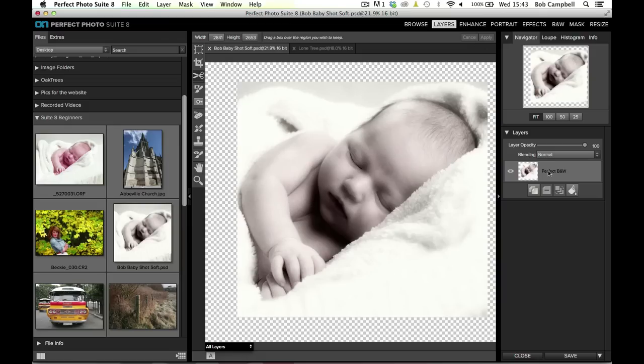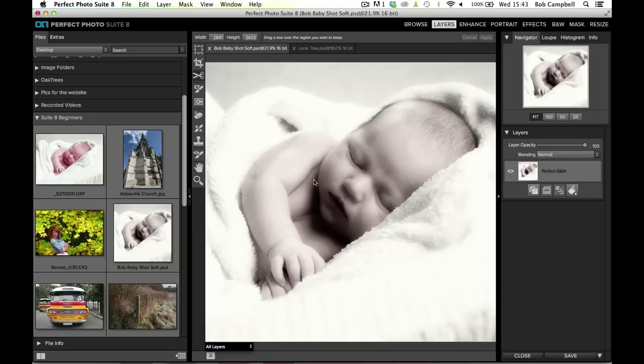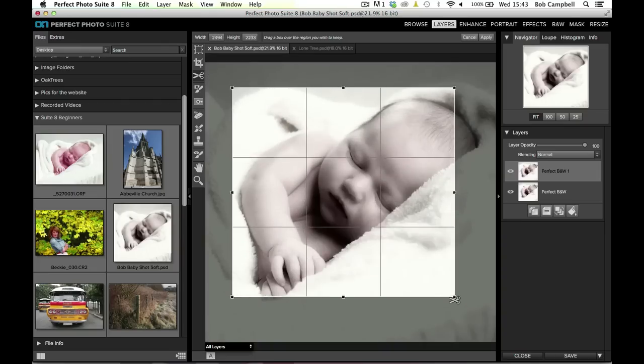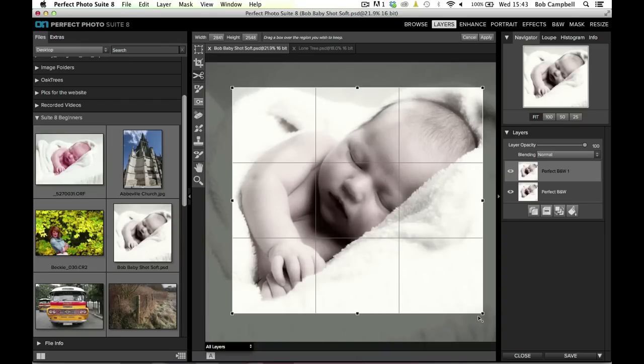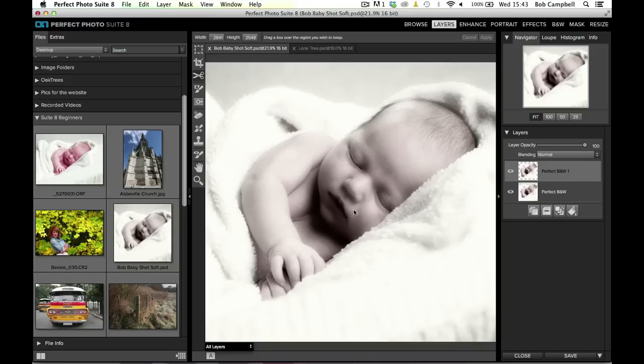I would normally duplicate my layer. In fact, I'll undo that process. Duplicate the layer. Let's duplicate it. So we've got 2 copies of the baby now, and then crop a little piece out of there. Not quite sure how this is going to work, but let's try it anyway. And then say apply,